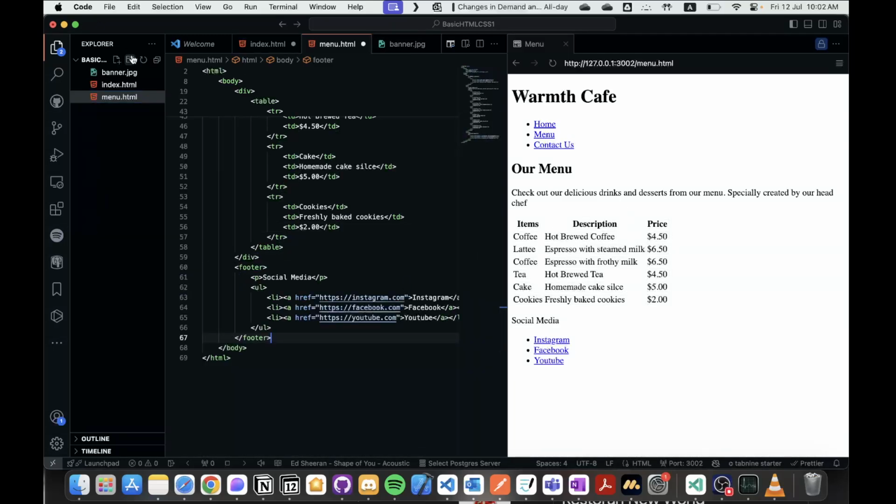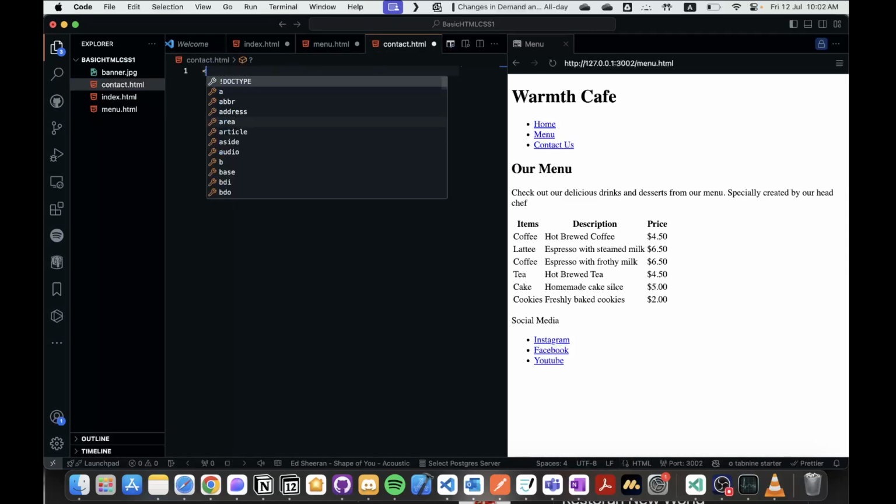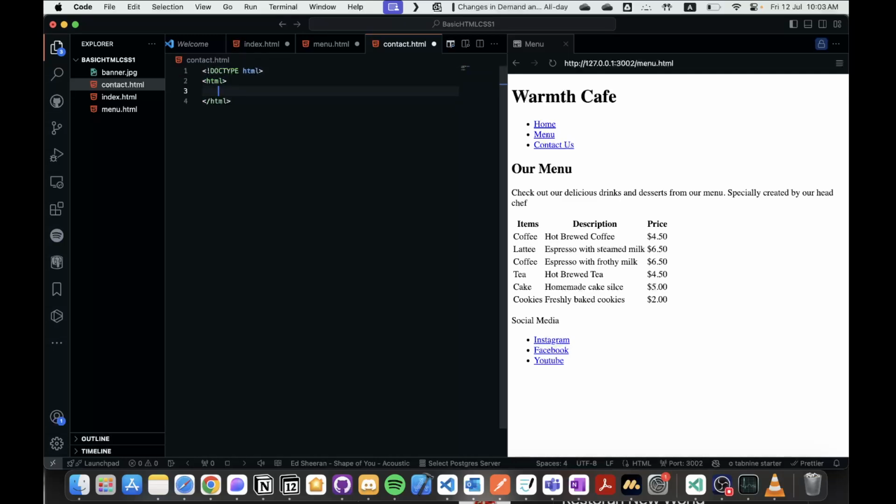Okay, next we're going to create a contact HTML page. This will be contact.html, and then we're going to start off with the basic stuff, which is type HTML, body. We're going to have a head, and then we're going to have our charset UTF-8, and then our title, contact us,